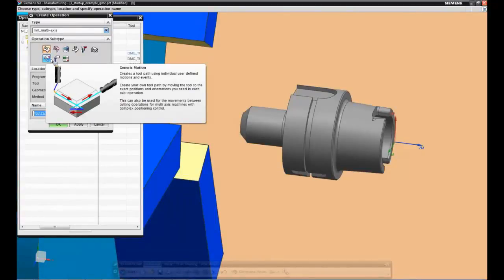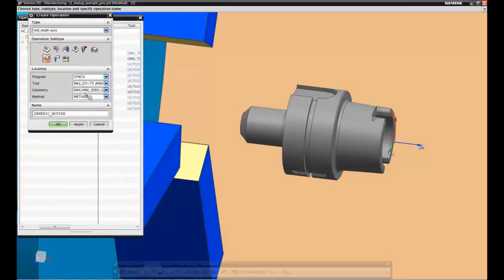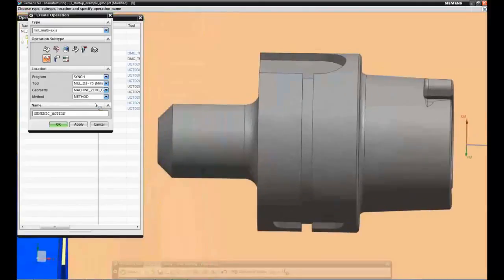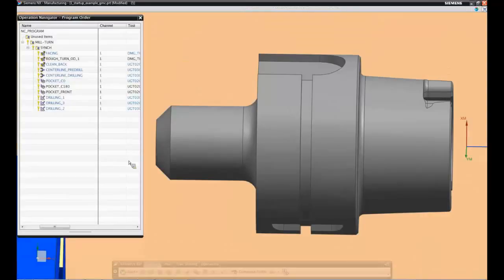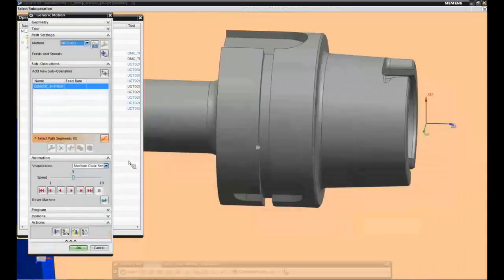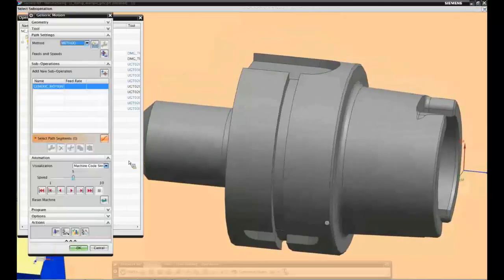license point of view it's licensed with the standard 2.5 axis operation. So it is in this multi-axis template, but it does not need a 5 axis license. It's done out of the box environment. So I select the tool, I select the main MCS, method is not necessarily needed for this. Type in the name, generic motion is fine for this, and I hit OK. And with this it's initializing the generic motion operation type,